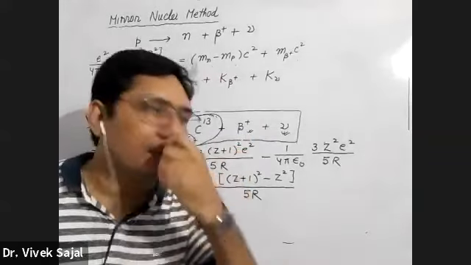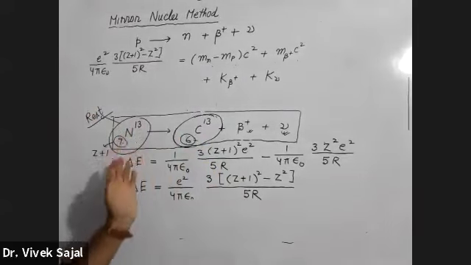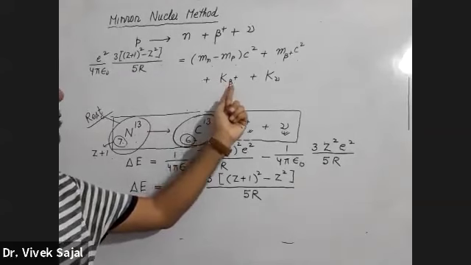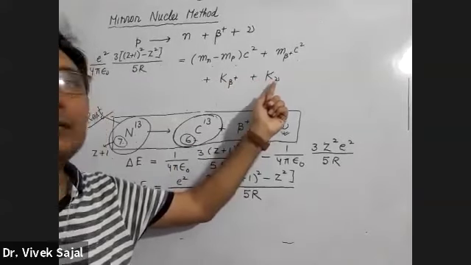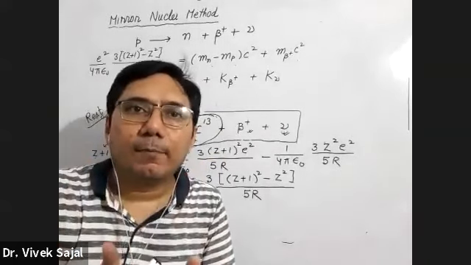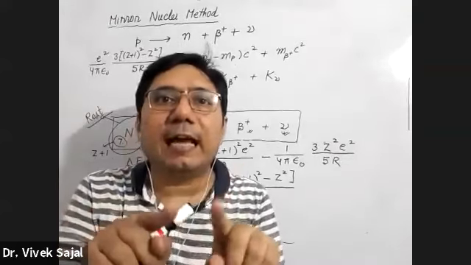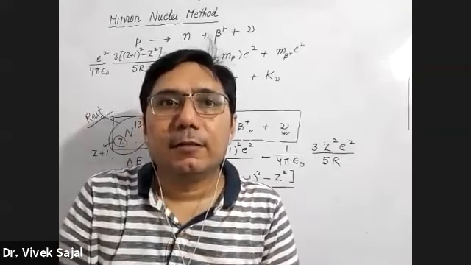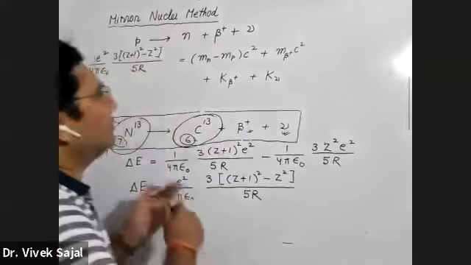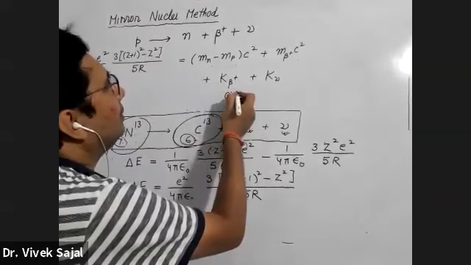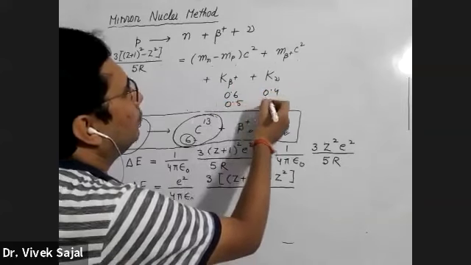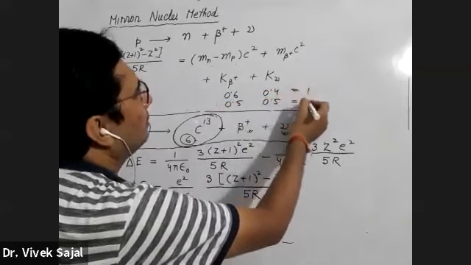In any beta particle emission, when 7 and 13 emit a beta plus particle, the sum of the kinetic energy of beta plus and the kinetic energy associated with the neutrino will be equal. But the distribution between them can be different. Suppose the first time this carries 0.6 and this carries 0.4. Another time this carries 0.5, but every time the sum is equal to 1.